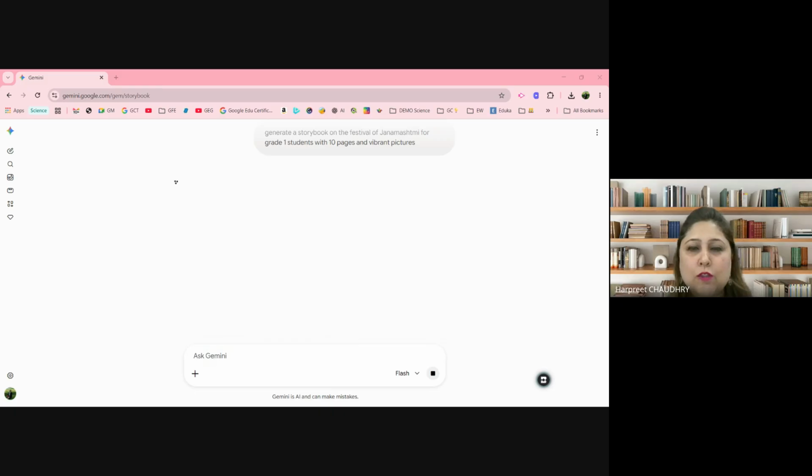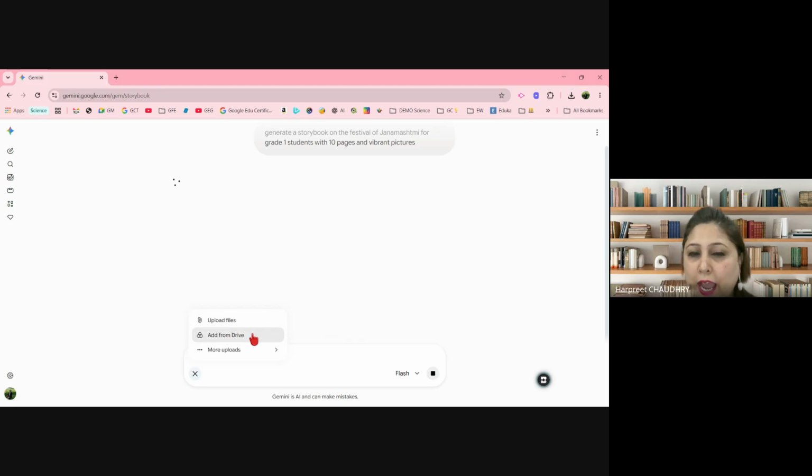And all those people who've already used Storybook will agree with me that it is really a wonderful tool for our different age groups. So it's still coming up. We'll just wait for a couple of seconds. While you're looking at that, you can always add with your prompt the plus button, wherein you can upload any file that you have. Let's say you have a specific story online, or a PDF of a storybook that you already have scanned, and you want that to be integrated. That is where you can upload.